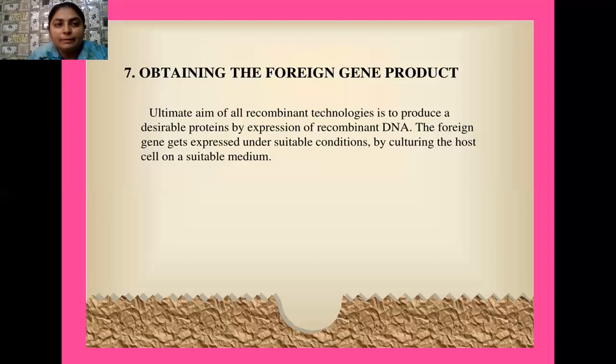So all the optimum conditions, optimum pH, temperature, aerobic conditions, whatever is needed by the host cell, is given inside the bioreactor. So these host cells keep on multiplying. They multiply several times, and as a result, we obtain thousands of copies of our desired protein. So again and again, the host cells multiply, and as progeny cells increase in number, there is also an increase in the number of our desired protein.